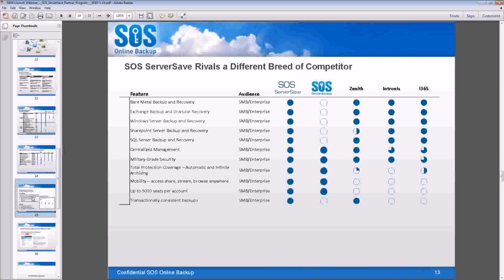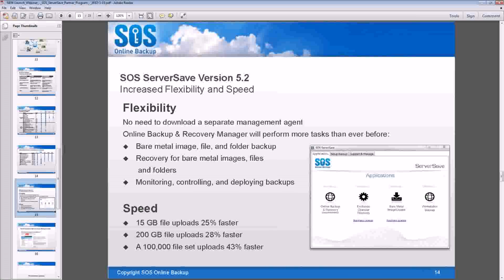Powering on, we recently released a 5.2 update, which is 40% faster. That's sort of the highlight of this slide. Our product wins a lot of awards, including a 4th consecutive PC Mag Editor's Choice. What else have we got here?